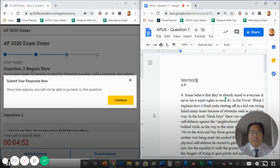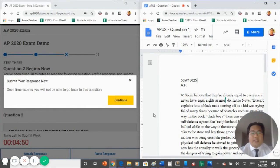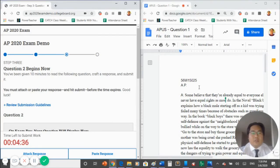You have just completed answering question 1 of the test. It is now time to submit your work. When there is only 5 minutes left for the question, you will receive a pop-up browser inside of your testing browser. Click Continue. To upload the file, you will have to first save the Google Docs as a file. Click on File,